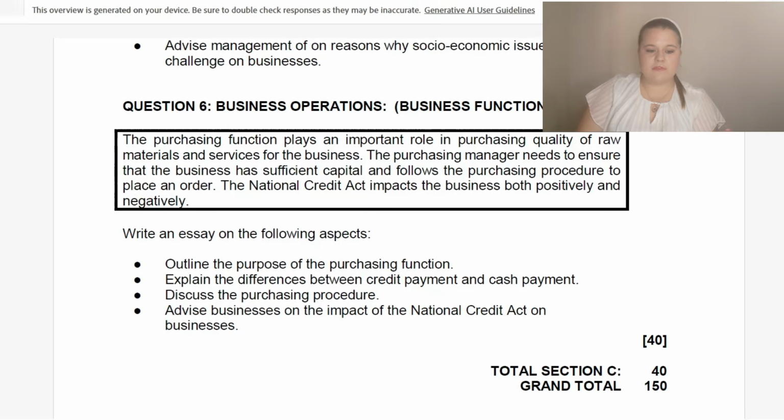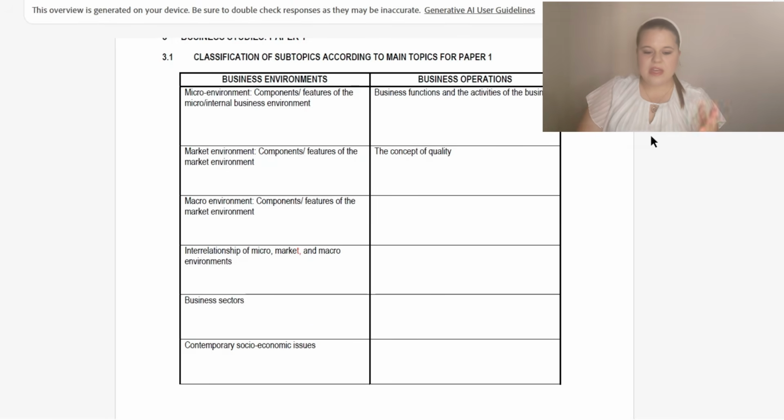So do you see, moving back to this table, that you use this table to guide you in seeing which questions you should focus on. And already, when that question gets asked, what is the essay? There's a guide for you. So if you are going to do business operations, that one's a bit of a simpler form to explain, right? It's either going to be business functions or the concept of quality.